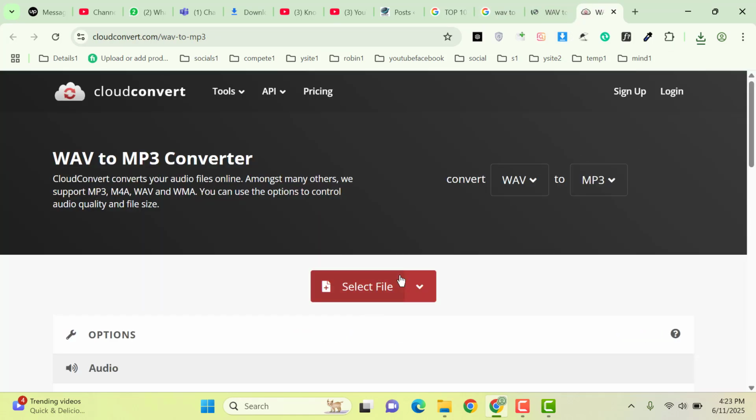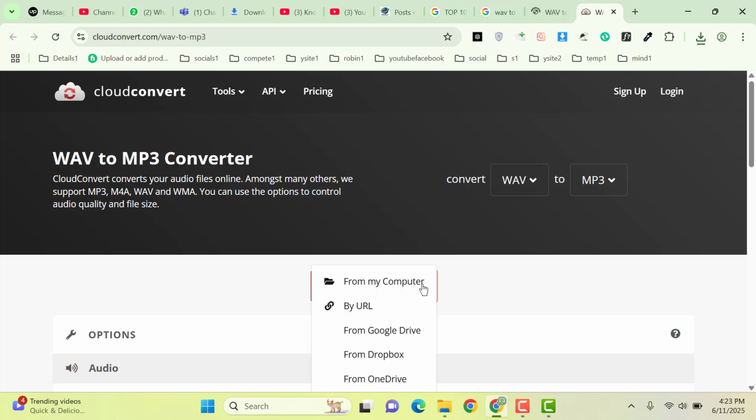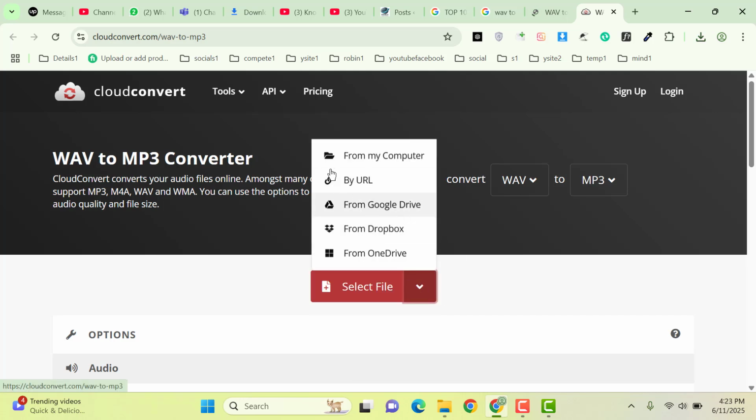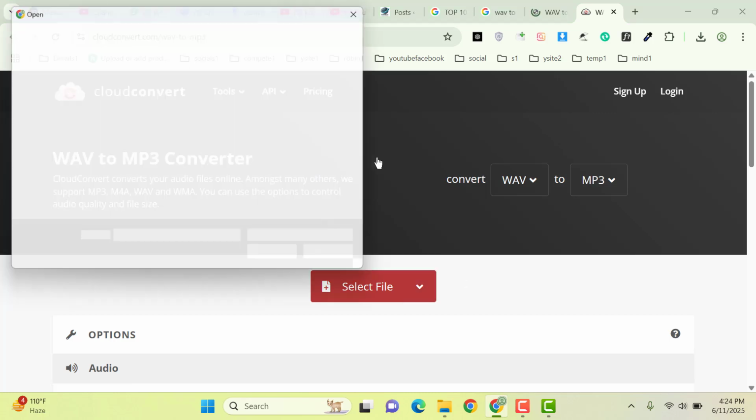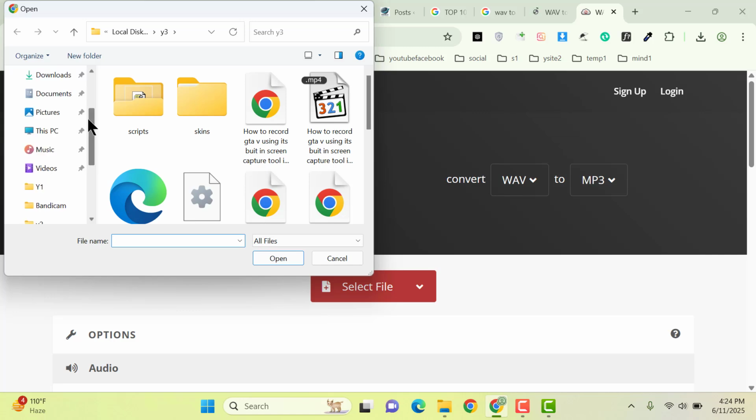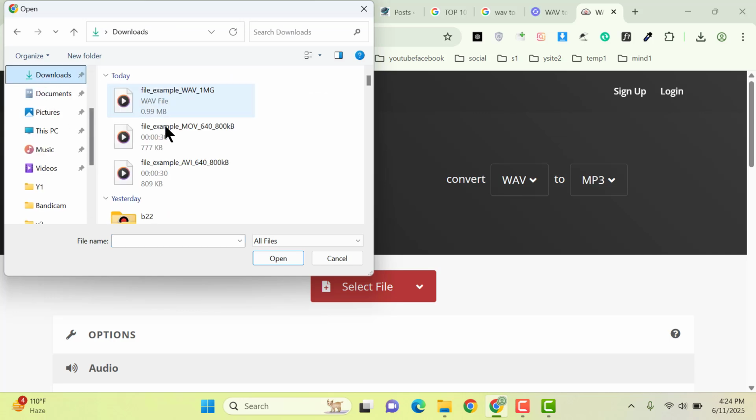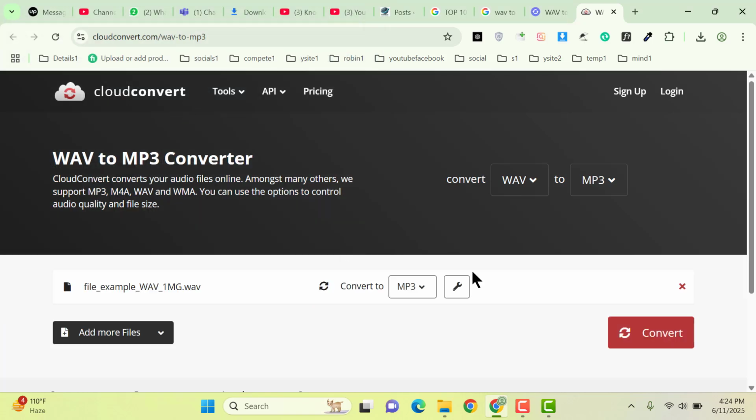Now you can easily select the file from your laptop, as well as you can add the file by URL. You can also add file from the Google Drive, Dropbox, OneDrive. So you have multiple options to add the file. For example, let me go here in downloads folder, and here you can see this one is wave file .wav